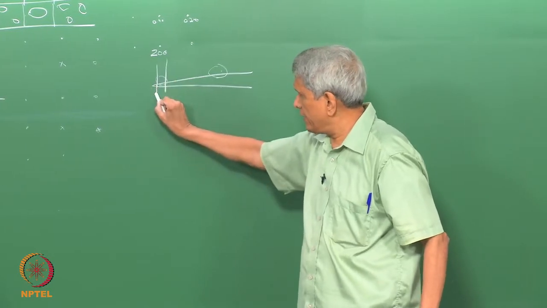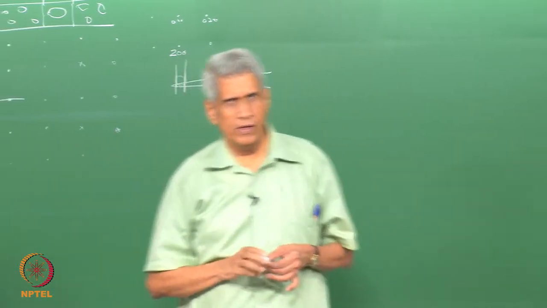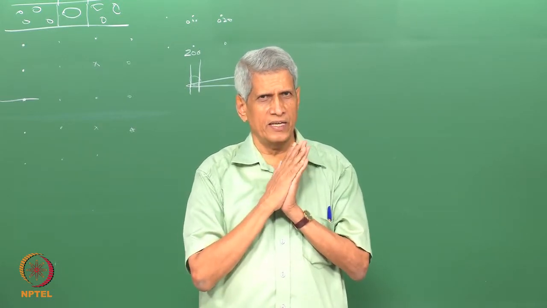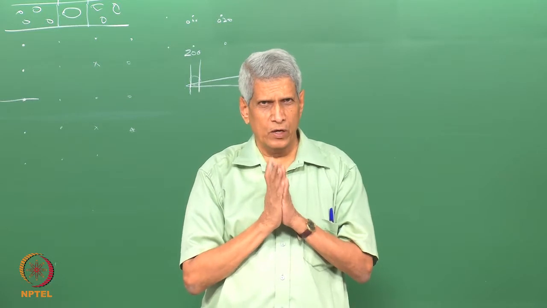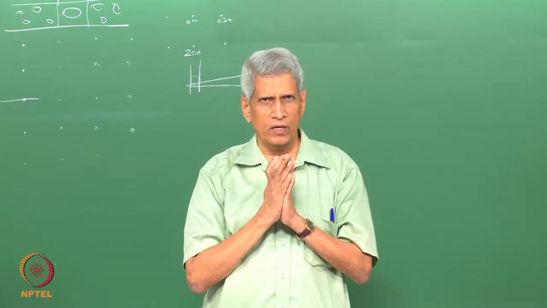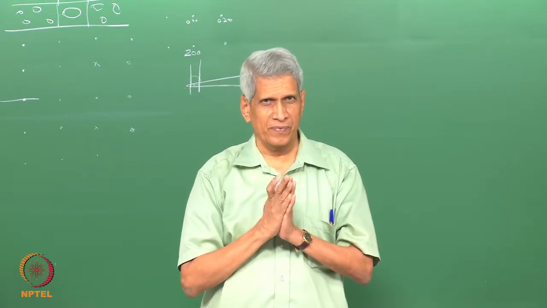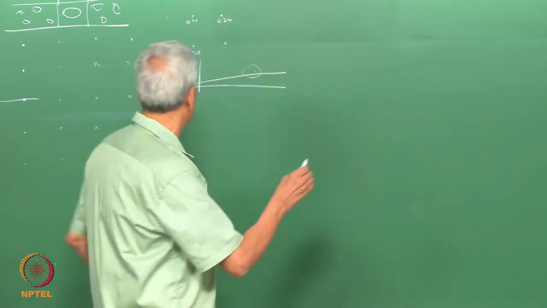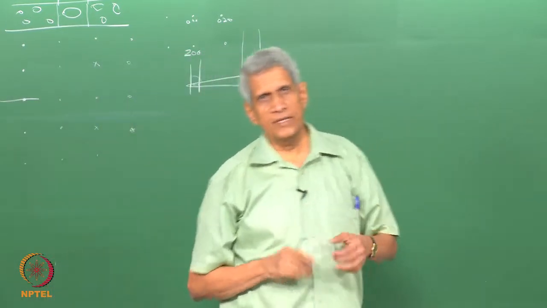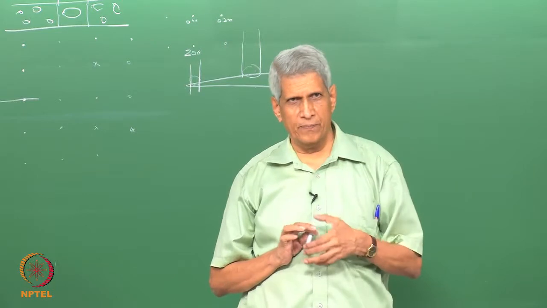Now, suppose the beam is entering the sample from here. Since the thickness is very small, what will be the consequence there? Essentially the beam is a parallel beam, only a kinematical condition, right? And what is the probability of incoherent scattering taking place? It is very less. Okay, suppose the beam is entering here. What is the probability of incoherent scattering taking place? It is large.